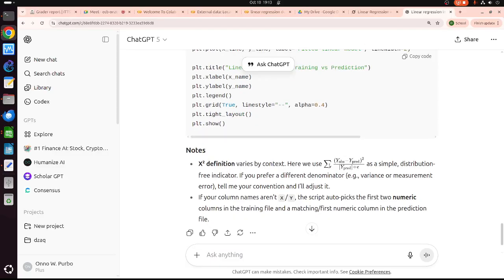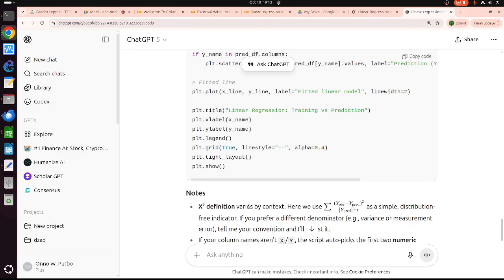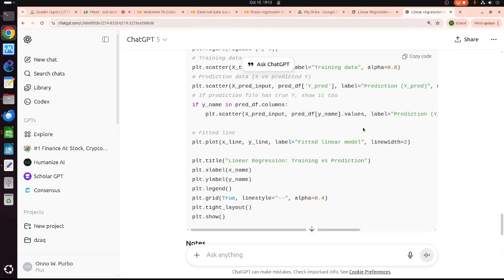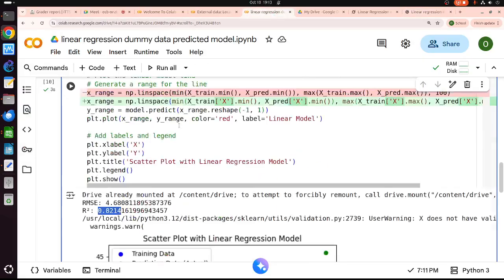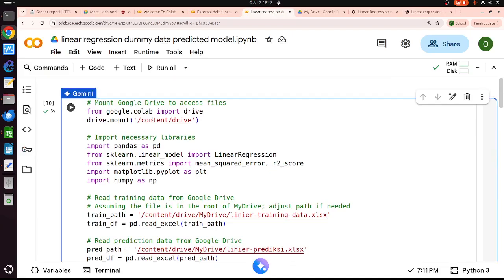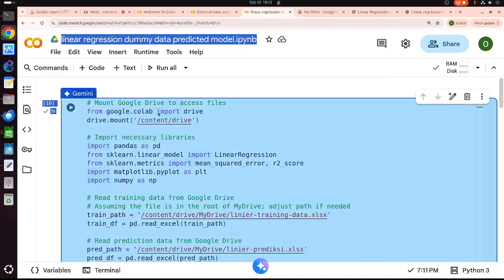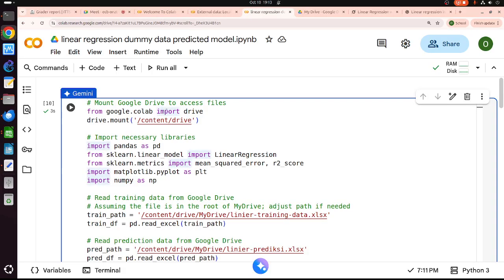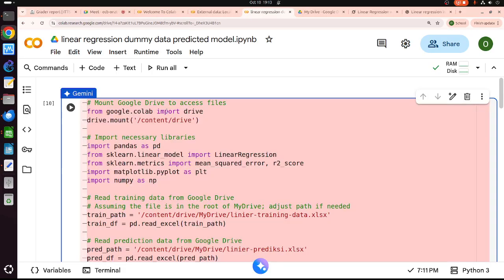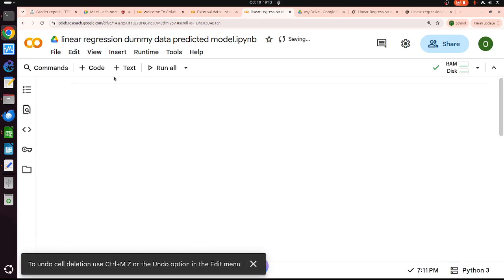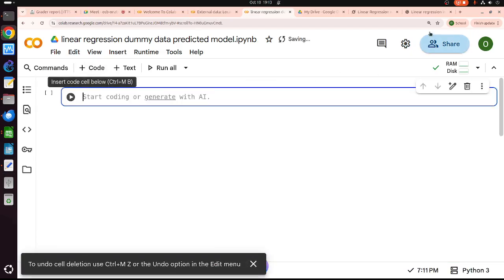Simple. Okay. I copy the code. I put it here. Okay. Let me see. Oops. Okay.